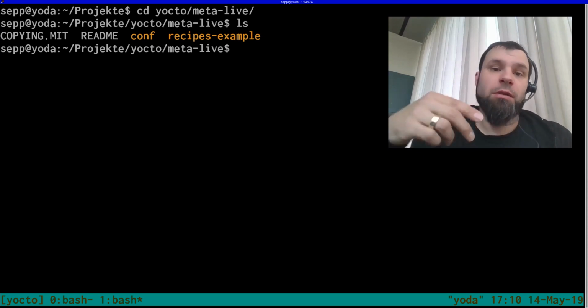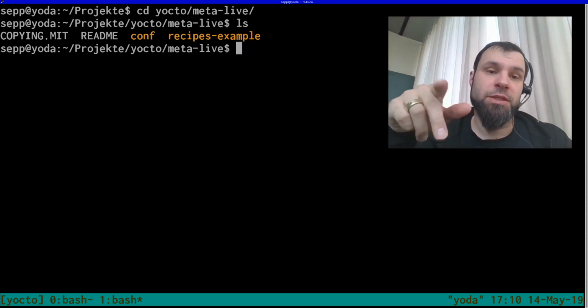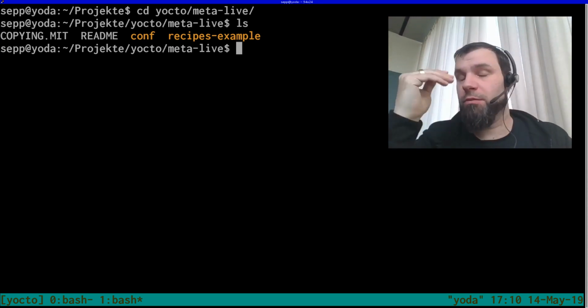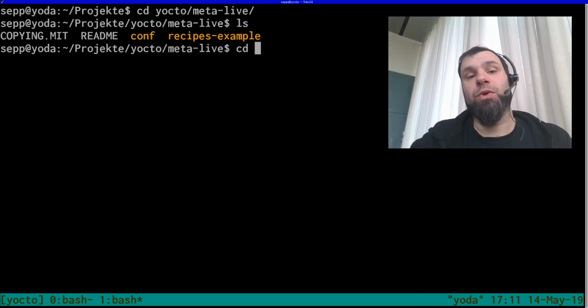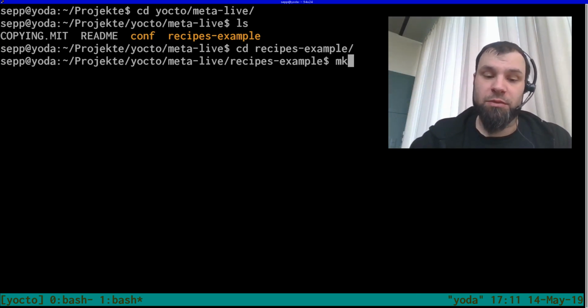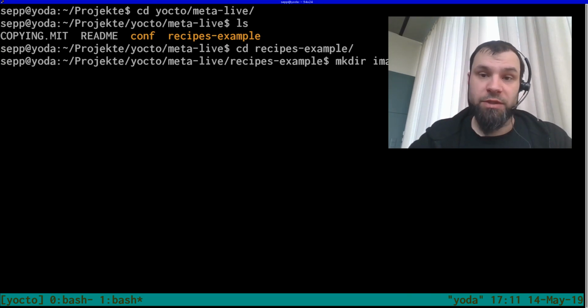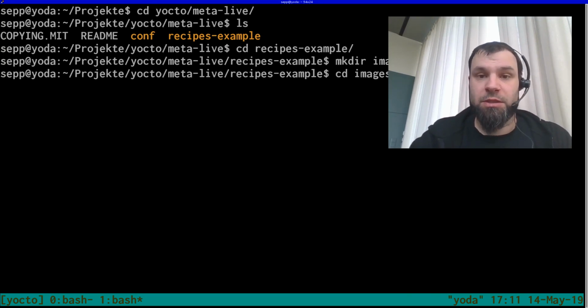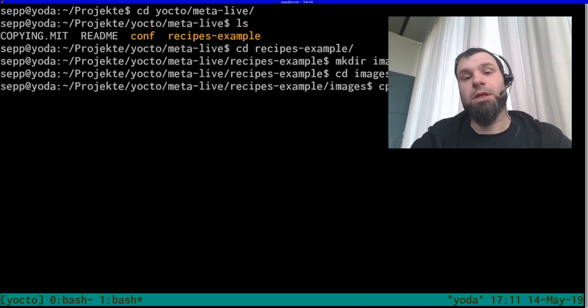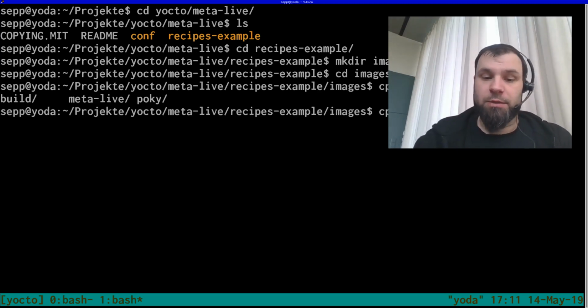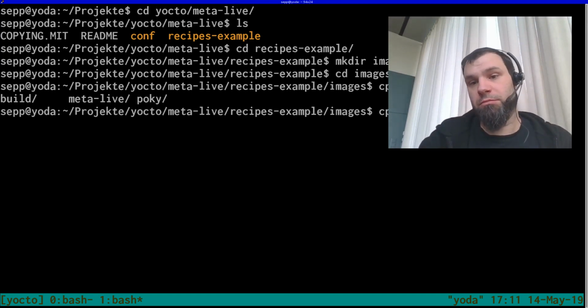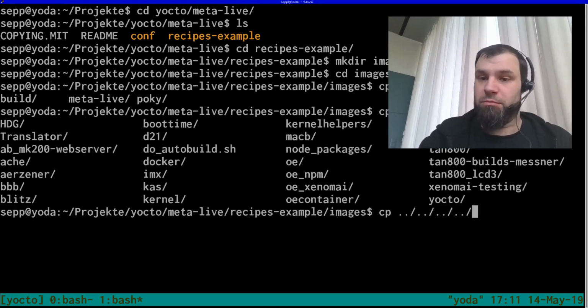And the canonical place for image recipes is beneath recipes dash whatever slash images. So we're gonna go into recipes example. We're gonna create a layer images, and onto images we just for now copy over from Poky,